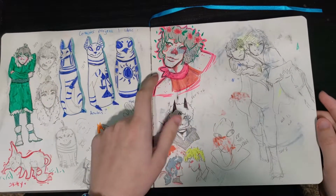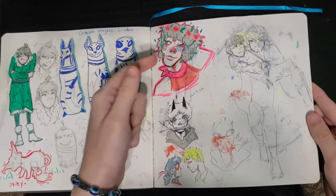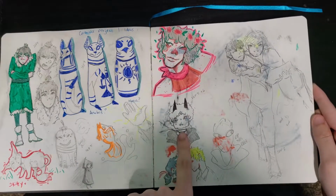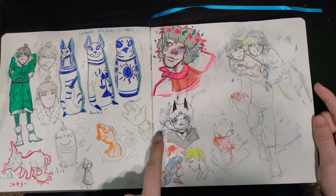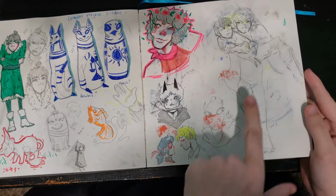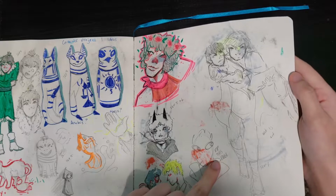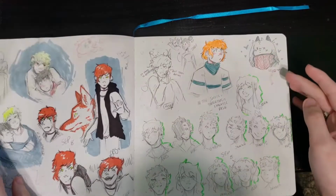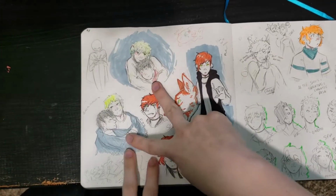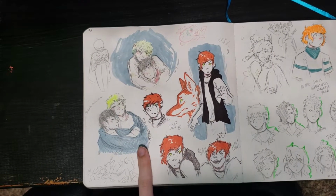This is just a random drawing. I think it was supposed to be Mia, but it doesn't look like her at all, so I don't know. This is Anubis, but he has a stick in his mouth because he's a dog. More Miraculous, there's me. And this is Merlin and Arthur from Merlin. Here's more Merlin and Arthur drawings because at this point in time I just finished watching it for the first